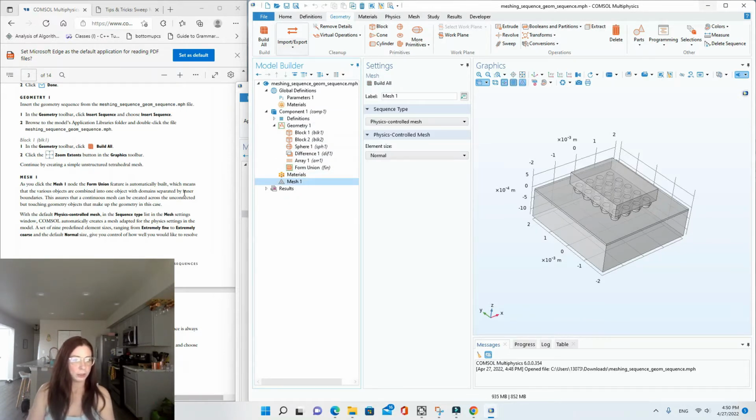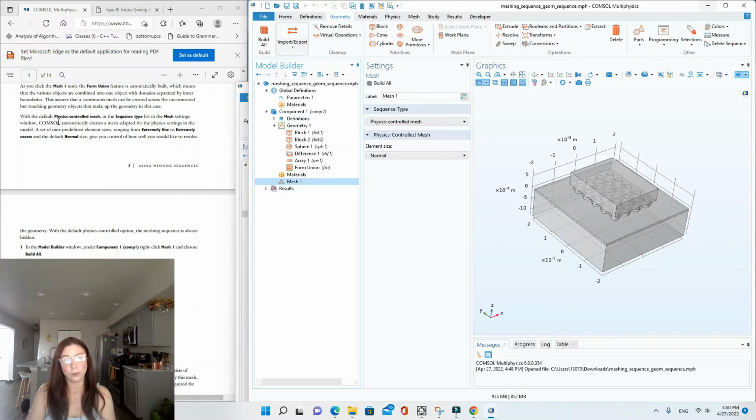And as you click the mesh 1 node, the form union feature is automatically built, which means that the various objects are combined into one object with domains separated by inner boundaries. This ensures that a continuous mesh can be created across the unconnected but touching geometry objects that make up the geometry. So with the default physics controlled mesh and the sequence type,